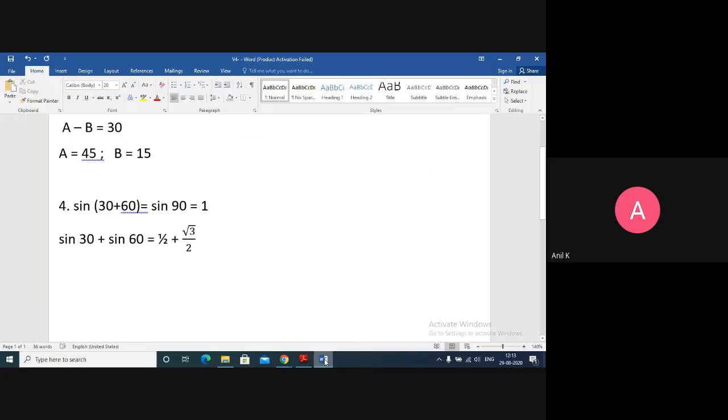Before I go for this one, in yesterday's class, when I discussed the tabular form, I said that cos values will come in the reverse order of sine values. Remember, for sine values I go from left to right and for cos values I go from right to left. So by using that, your present topic will be based on that criteria only. Just give me a second. Okay.